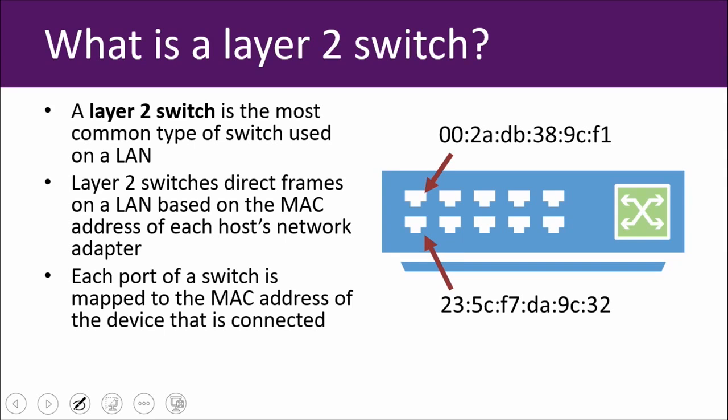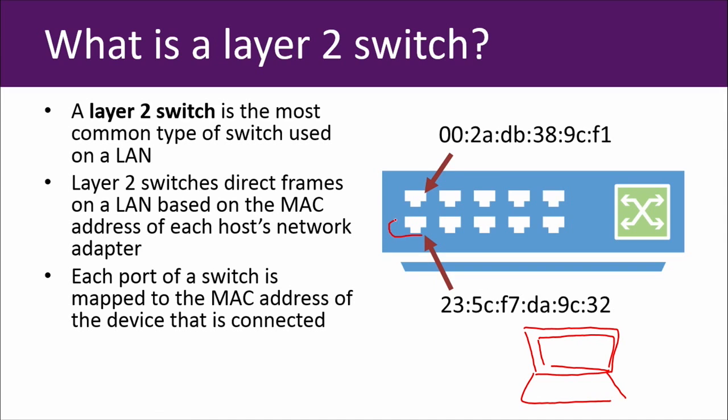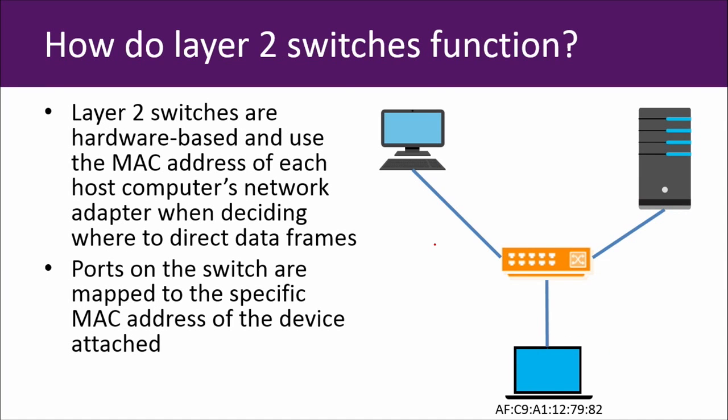So you might have two computers. Maybe we have a laptop down here that features that MAC address of 23.5C, F7, and so on. This port right here is then going to be dedicated to that MAC address. So these layer 2 switches function simply using the MAC address to dictate where information is going to go. So if I have this example here,